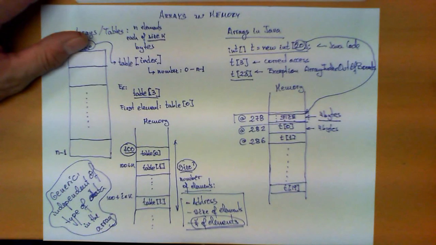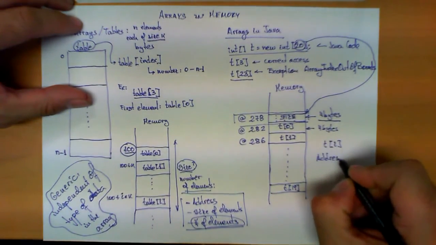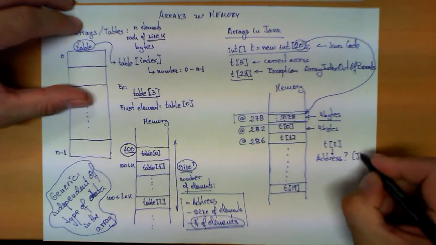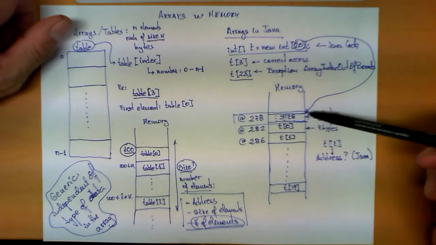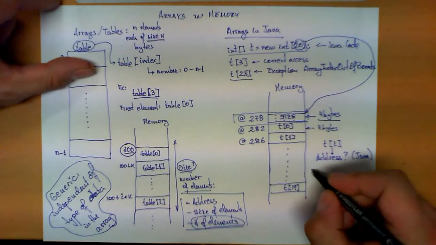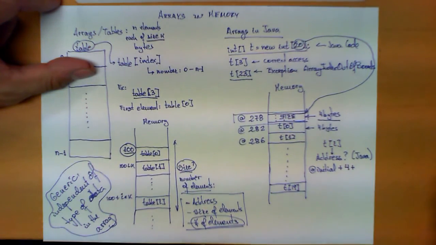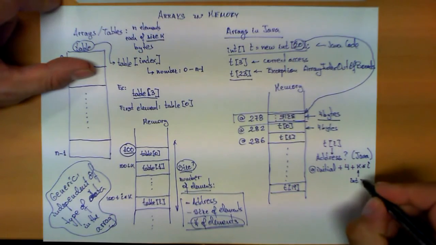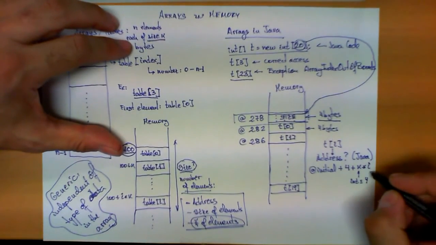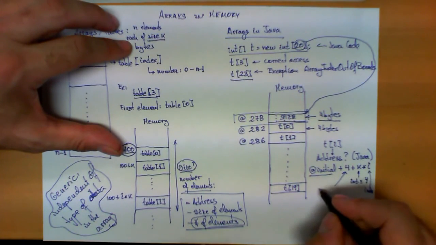Now with this structure, remember, the first position of the array contains an integer encoding the size of the array. Now if I'm given the expression t of i to access, the address of this element in Java is computed following the formula we've seen here, but with one little correction, which is we have to account for these 4 bytes that are at the beginning. So the address of t of i would be the address of the initial element plus 4 plus k times i, where k, if we are storing integers, is 4 bytes, i is the index, this is the initial address, and these 4 over here that we have to add is because we store the